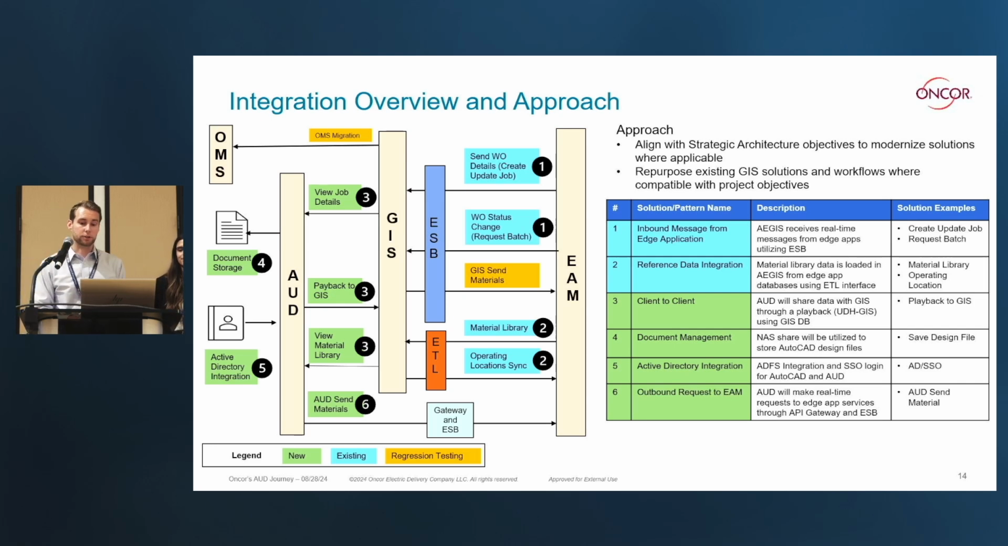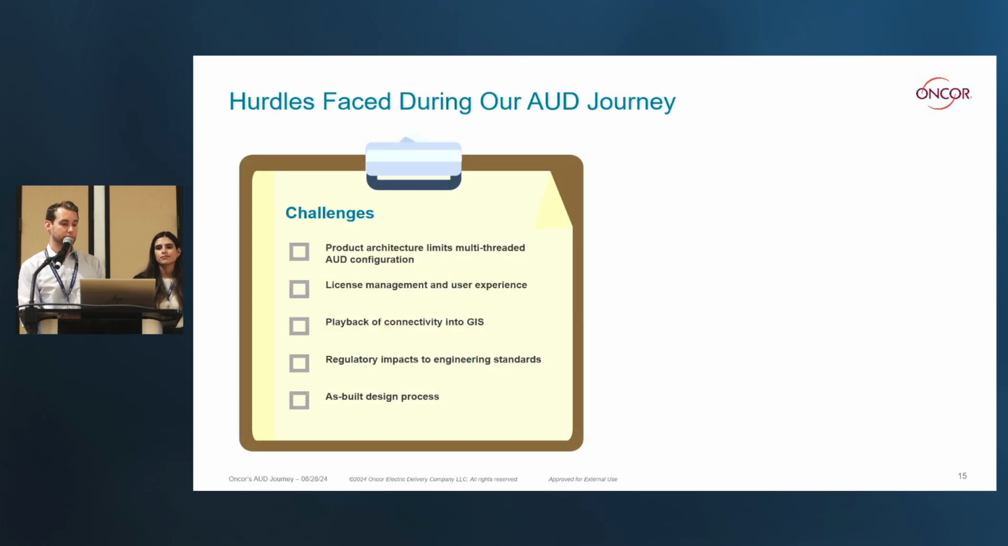We're going to jump into some of the hurdles we've been facing with our solution. So I'm going to start off with a few challenges here. The first one is the product architecture, limiting some of the AUD configuration to a single-threaded approach, or I guess limiting a multi-threaded approach. So what I mean by that is our stakeholders really wanted to leverage more resources in order to speed up our timeline. You hit a bit of a wall here with the AUD product in terms of at some point